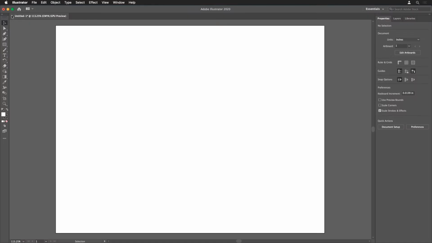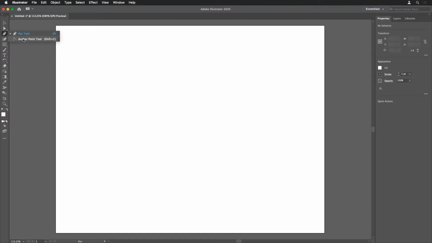Okay, let's look at the tools here. So the first tool, the Selection tool, is just to select the entire object. And the next one, the Direct Selection tool, that's the white arrowhead. That's for selecting anchor points or the segments that are part of the object. And then the Pen tool. And just like the Direct Selection tool, the Pen tool has a little triangle in the lower right corner. It has a little triangle, meaning